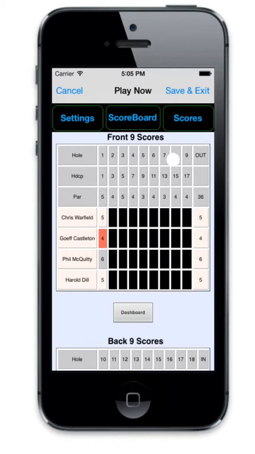Now the second group tees off. I've already joined the leaderboard, and I'm going to enter scores. And again, I've got a fivesome. And we had 2 double bogeys and a birdie in our fivesome. And so as soon as I hit done there,